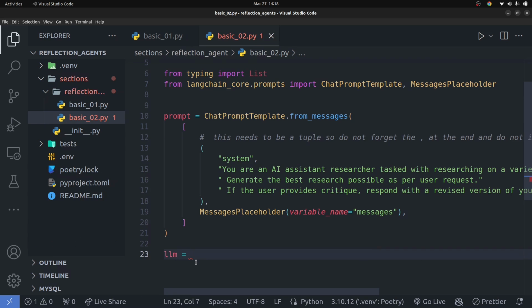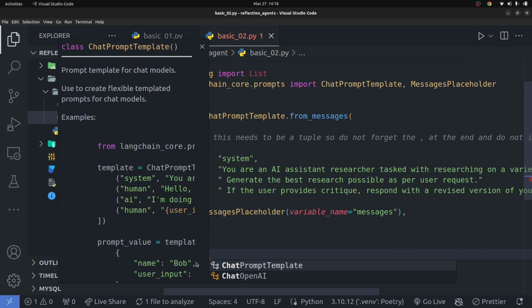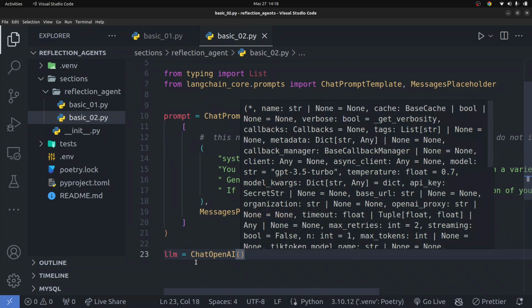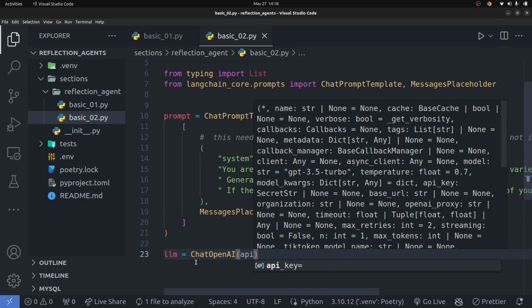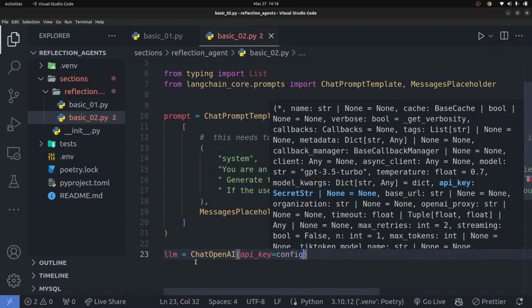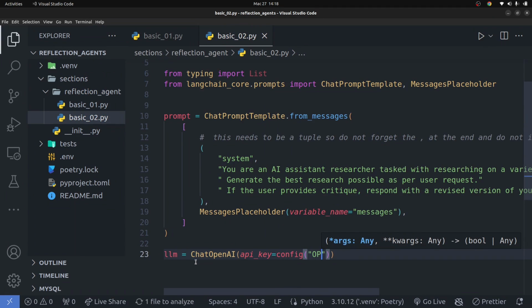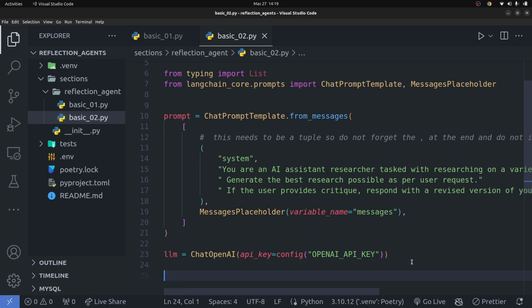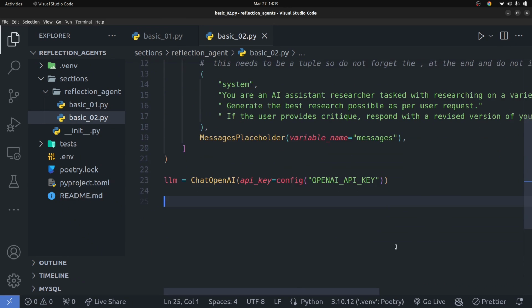So I'm going to create an LLM right here, and the LLM is going to be the ChatOpenAI, and I'm going to go ahead and pass in my API key, right? So I'm going to pass in API key, and you're going to say config, and you're going to go ahead and load in the OPENAI_API_KEY, just like that. Good. So once we have that imported and loaded in there,